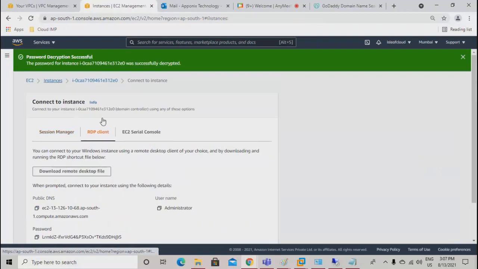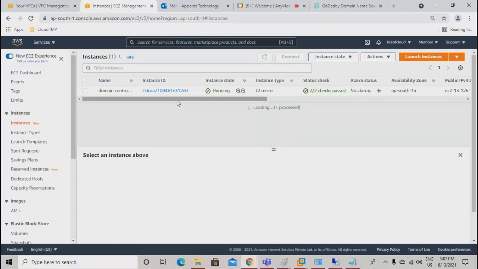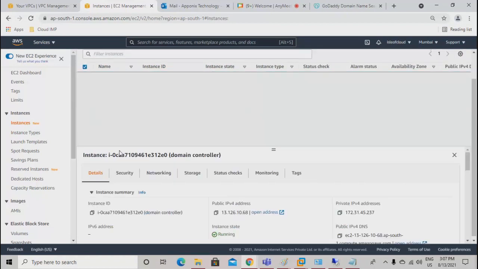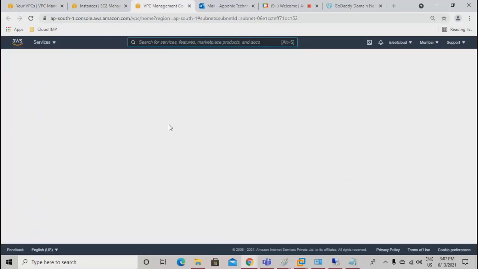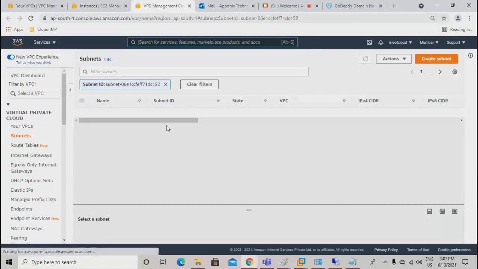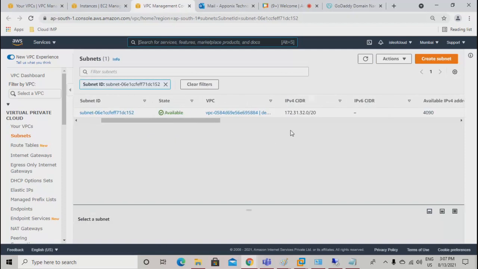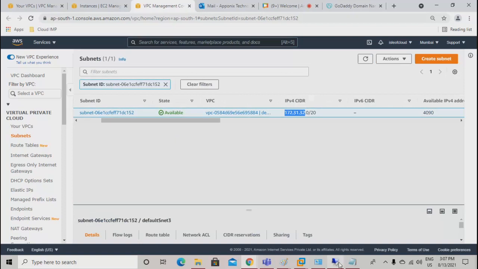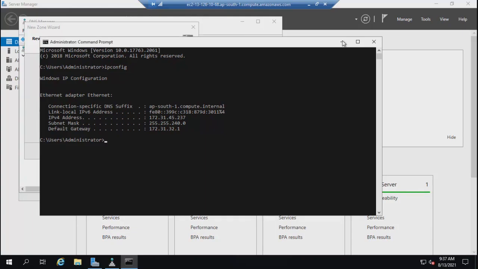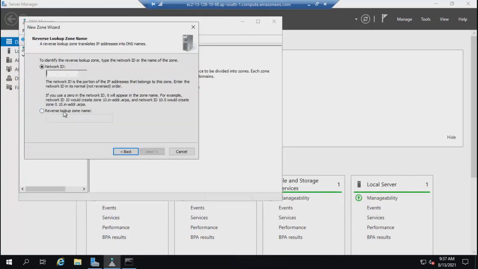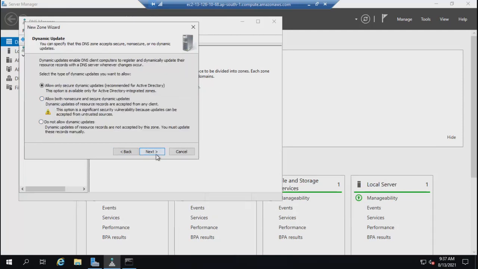So I can go to instances here. And this is a subnet. So this is a network address 172.31.32. So I can enter that here. 172.31.32. Next. Select in this. Finish.